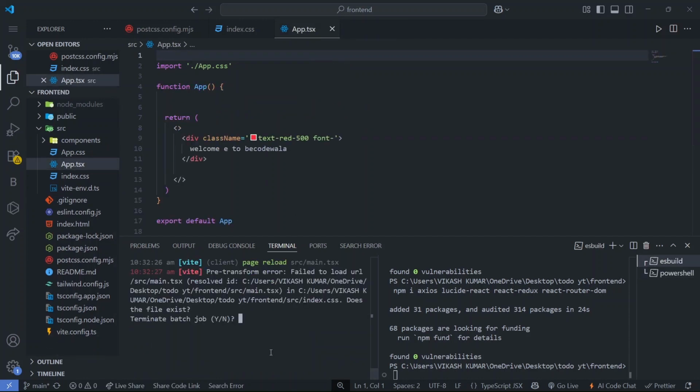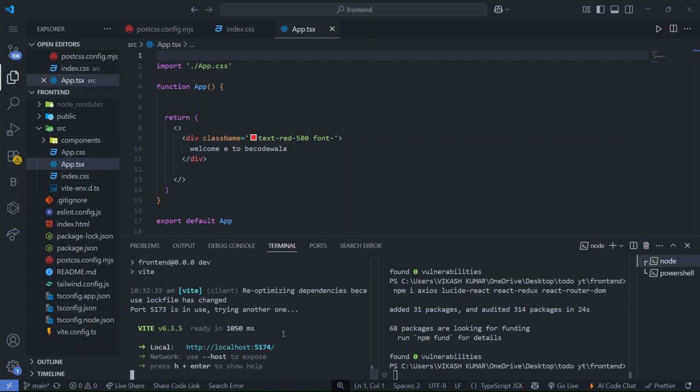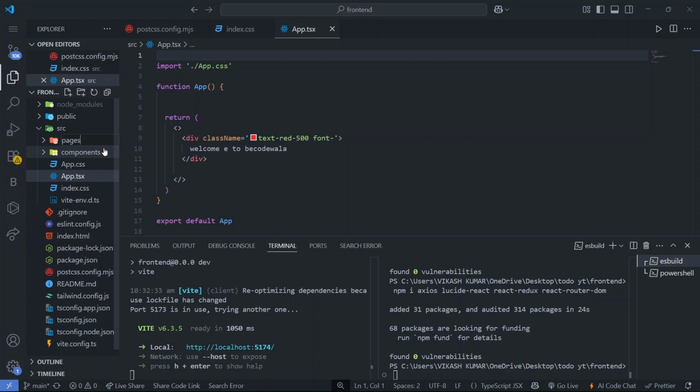Let me run this again. Yeah, now it's working totally fine, right? So here we have created pages. In this we'll create all the pages like register page, dashboard page, login page, profile page, right? So we will start with the register page,